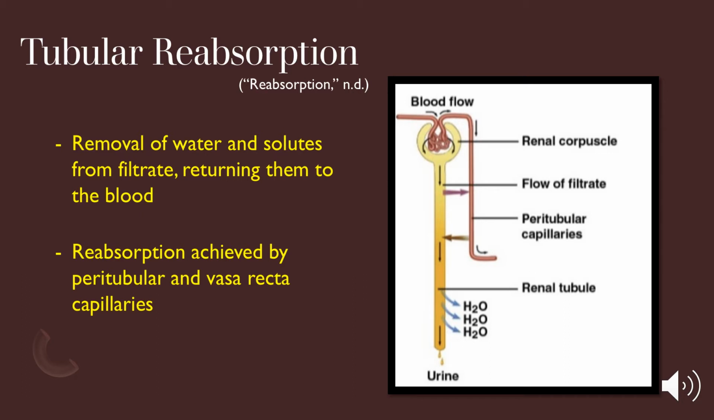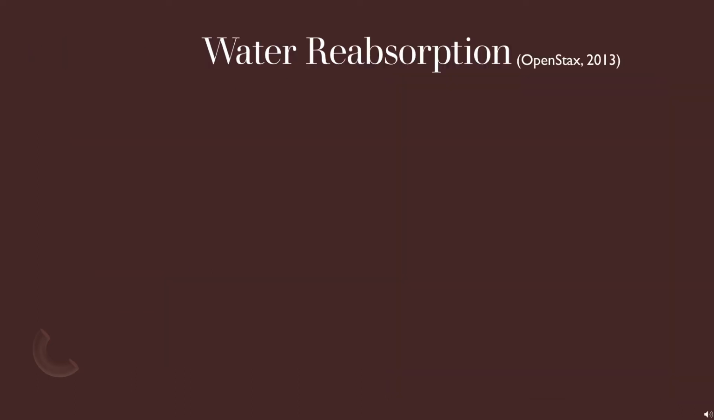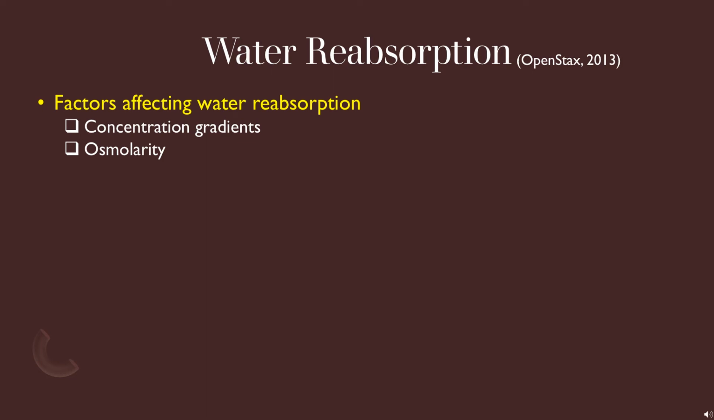The return of reabsorbed water and substances to the bloodstream is achieved by the peritubular and vasa recta capillaries. As before mentioned, the reabsorption of water occurs passively through the tubule. Two of the factors that affect the reabsorption of water into the vasa recta and peritubular capillaries are concentration gradients and osmolarity. Sodium actively transports out of the proximal convoluted tubule, or PCT, to enter the interstitial